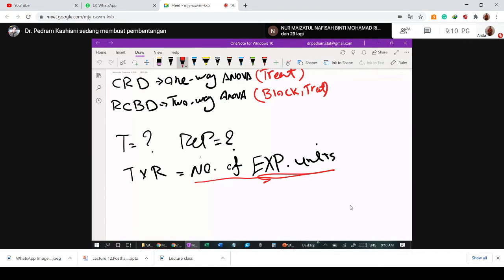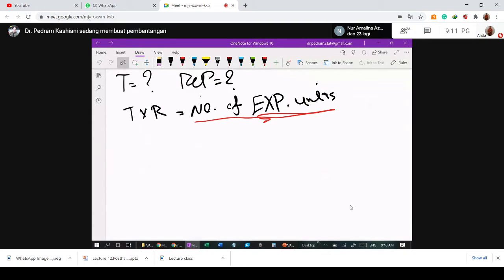But if we cannot find all the experimental units that we need uniform, we try to block them into uniform blocks. So within the block should be uniform, but between the blocks, if there is any variance or any difference, there is no problem. So last time we mentioned that, for example, we did an experiment,